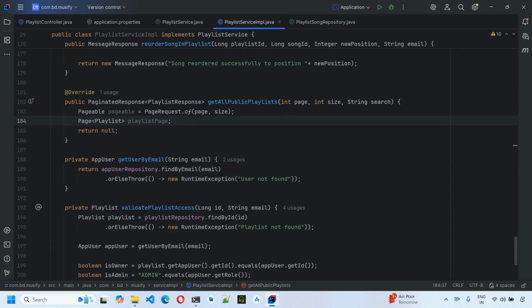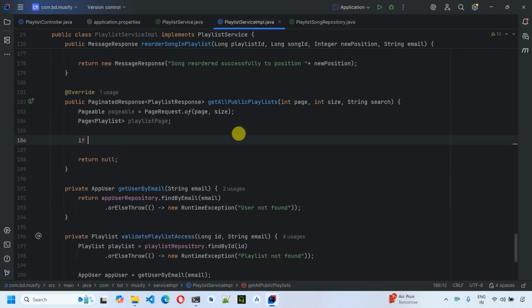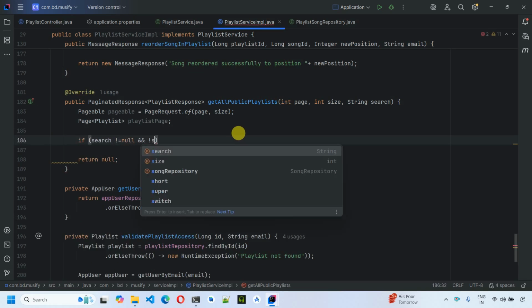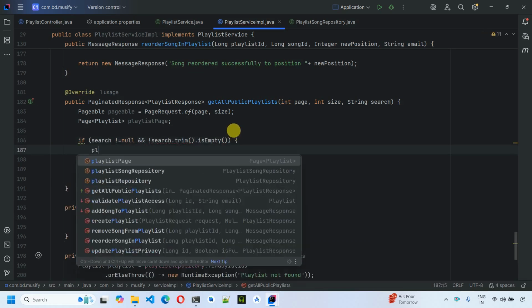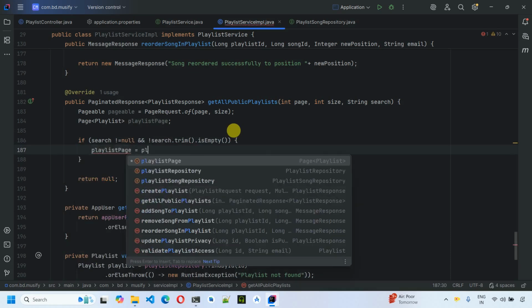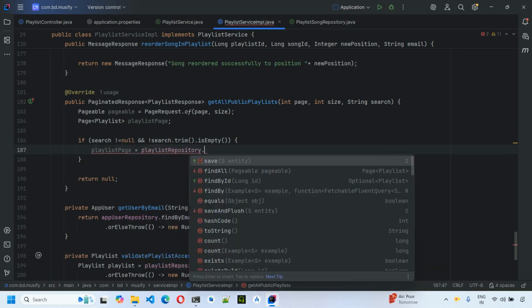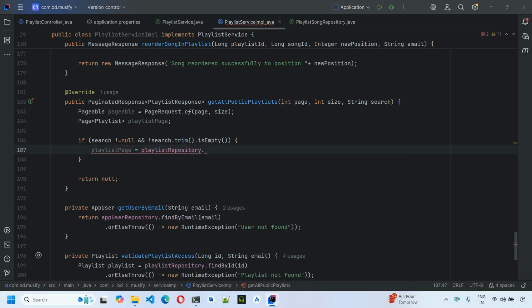Next thing we have to do is check if the user is trying to search something or not. So if search is not equal to null and not search.trim().isEmpty(), it means that we got some text which we need to search. So playlistPage is equal to playlistRepository.findPublicPlaylistWithSongsByNameOrDescription. So we have to add this find, then we have public, and then we have to check for the playlist with